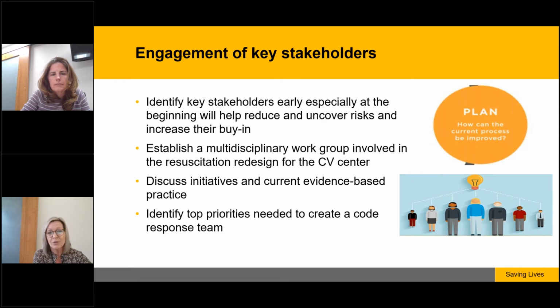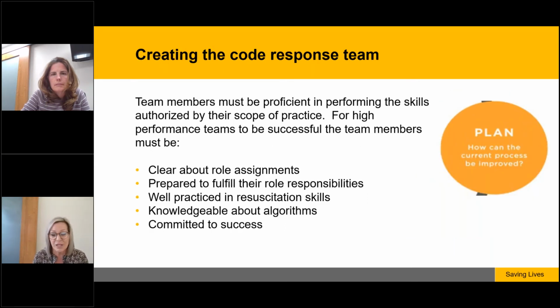And then what we did as that group was we identified what our top priorities were and what we needed to do to be able to create a code response team. So those designated roles, that extensive training, and a communication process. So in creating a code response team, what our work group agreed upon was that all team members must be proficient in performing the skills authorized by their scope of practice. So for example, an APP, if they are going to be the team lead, they have to be trained, they have to be proficient, and they have to be confident to be able to step in that role and perform